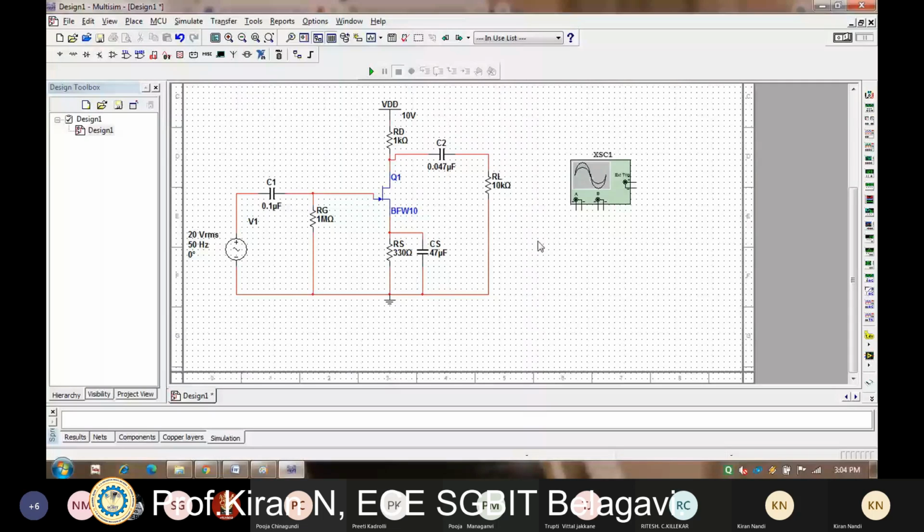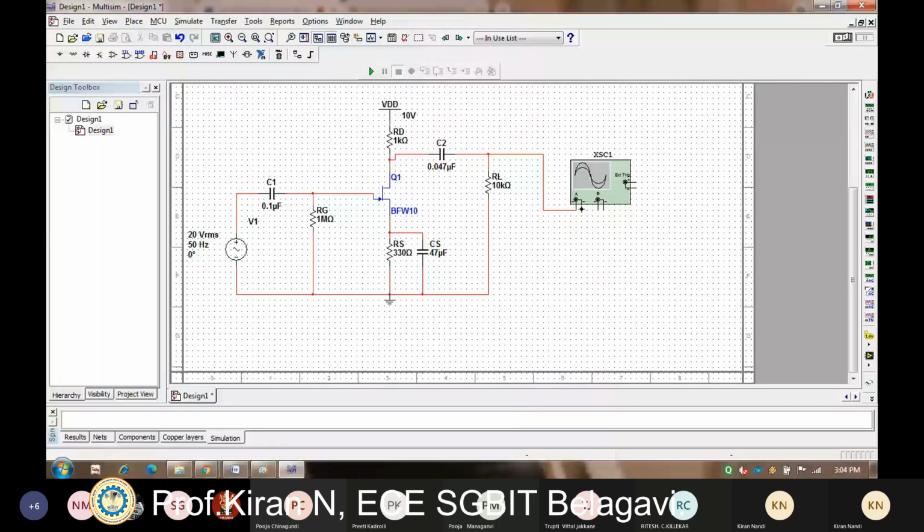Okay, now I have to connect this oscilloscope with the channel. So just take this and connect it across the load resistance, and negative to the ground terminal.